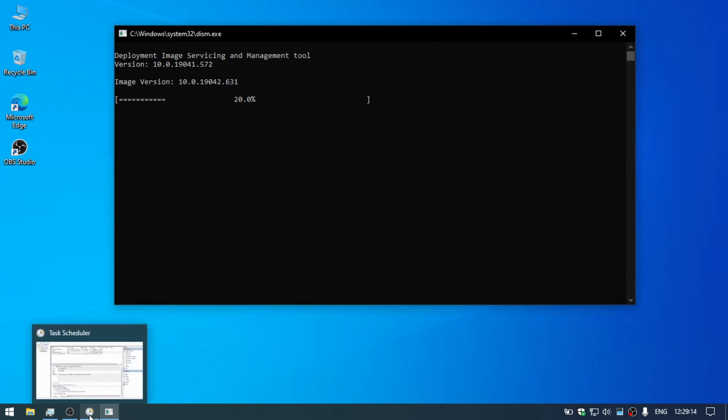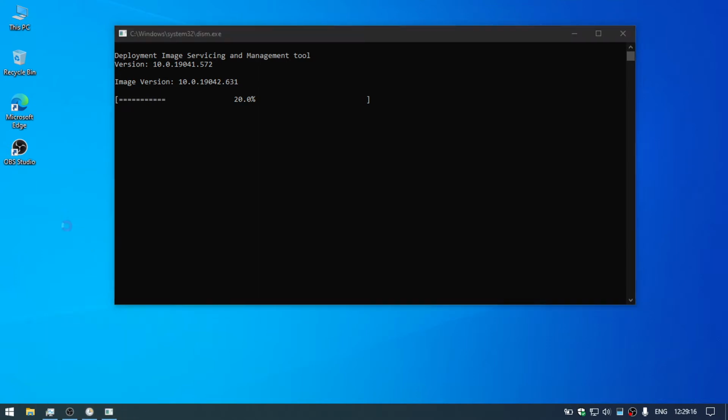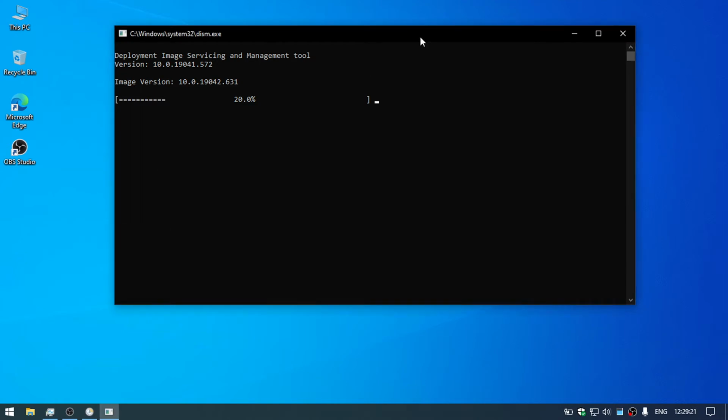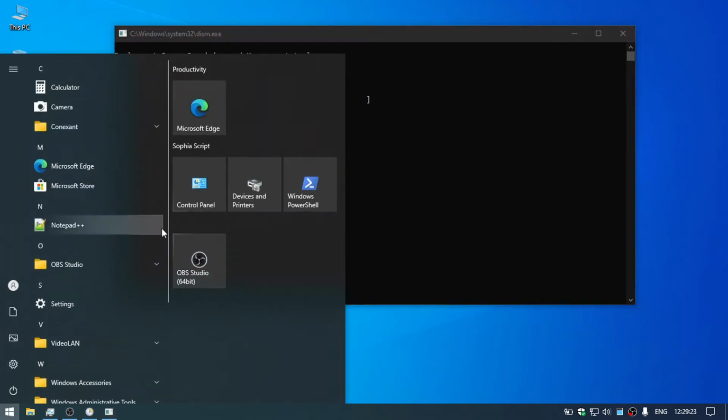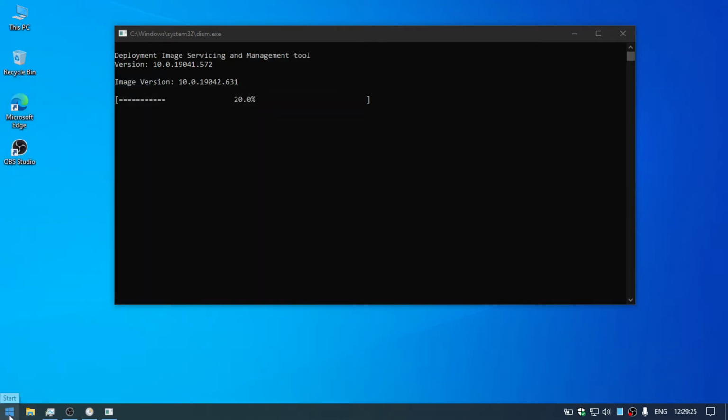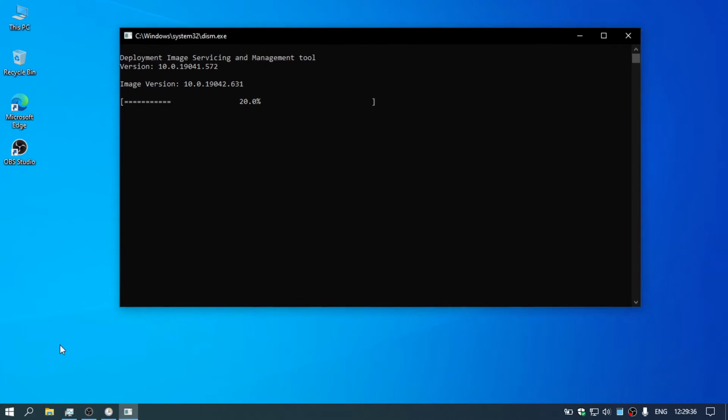Let's just wait and let it complete. If you want, you can get the search icon here.